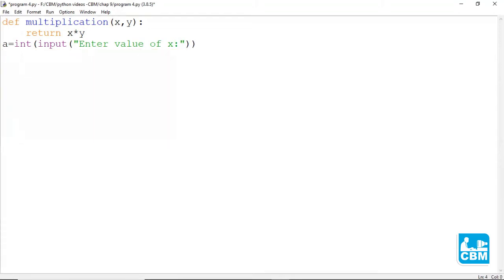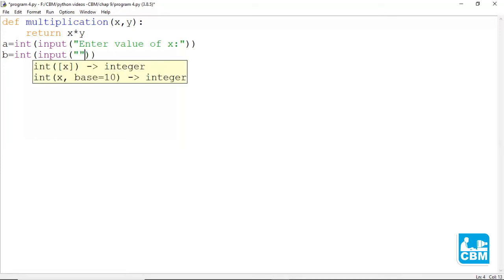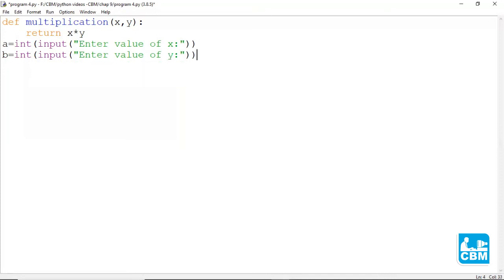Similarly, we'll define another variable b is equal to int input "enter value of y". So here indirectly we are taking the two values x and y using the variables a and b.